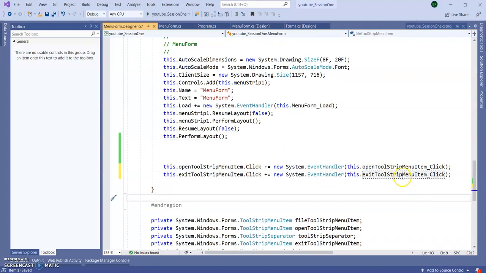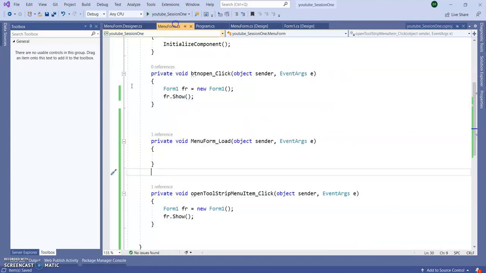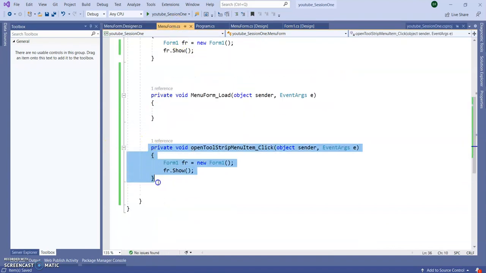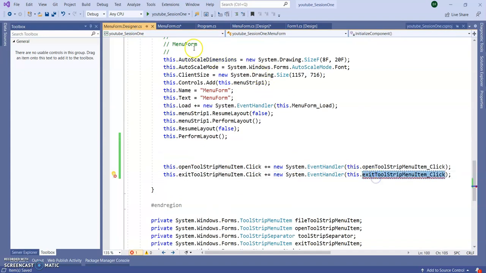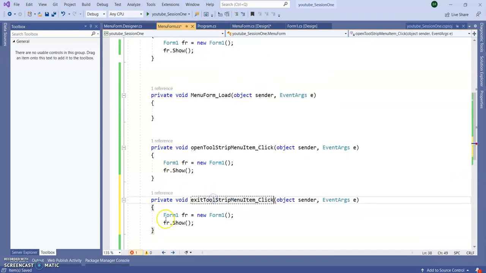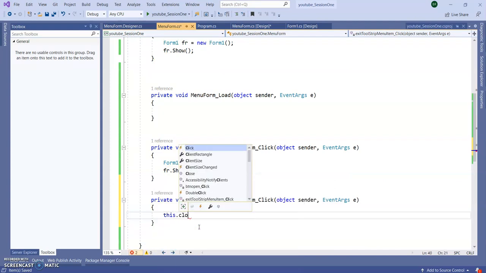I just created an event. This event is not there yet, so you can see an error is coming. Go to your CS class and create the event. I'm doing copy paste here. In this exit menu, I'm going to close this form, so this dot close.